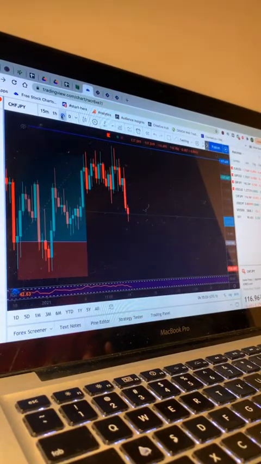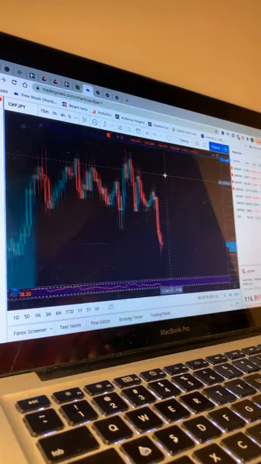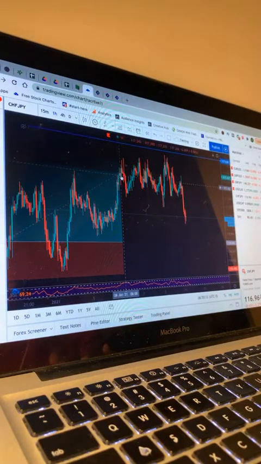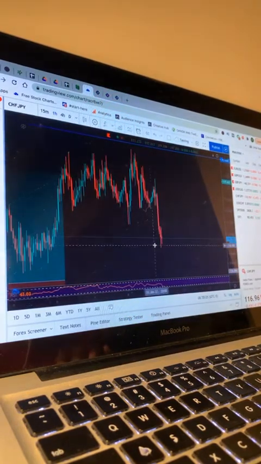I think I missed this one after this drop that happened at 4 a.m. Yeah, that was kind of missed because it was ranging since January 6th, and then hit this drop today. And I think from this drop, if I were to enter, on this